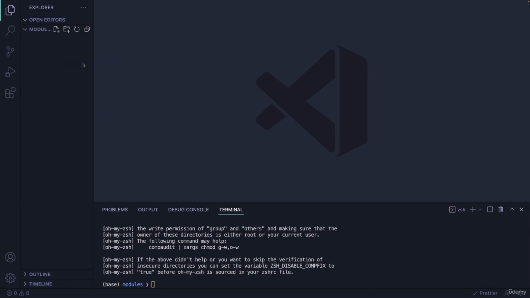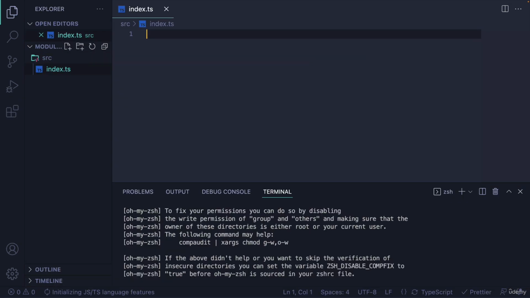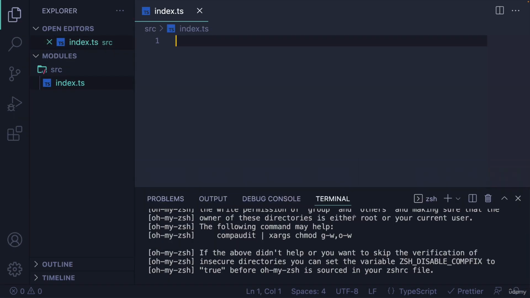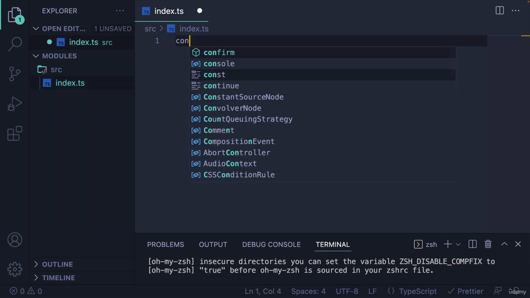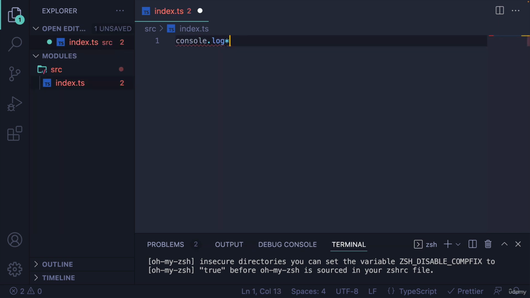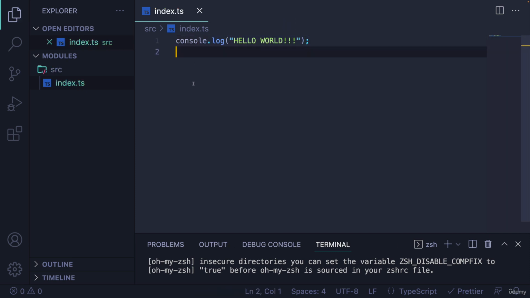Let's start super simple. I'll make a source directory just like always. Let's make an index.ts file. Make this a bit larger. I don't need much of the terminal at the moment. And I can write some basic code in there, console.log, hello world. I'm not going to bother with HTML or running this in the browser with a server. I'll just leave it as is for now. I just want to show you that if I make some other file like